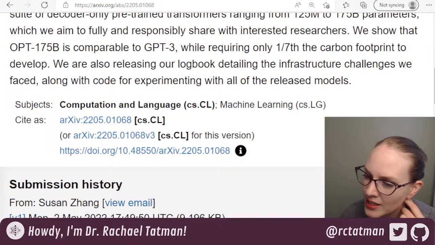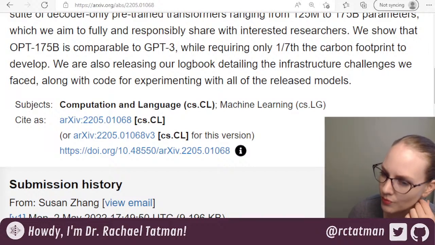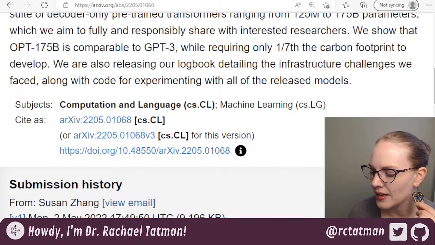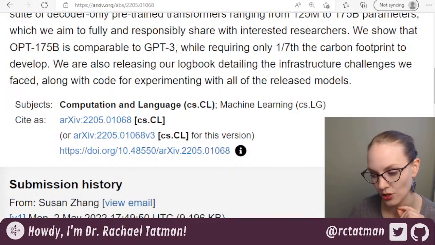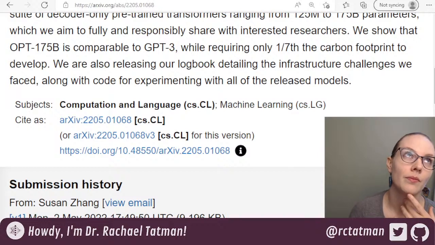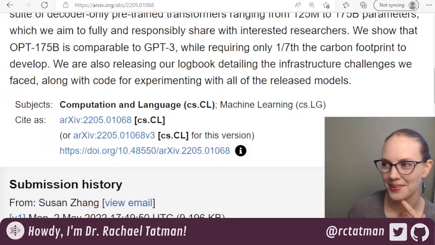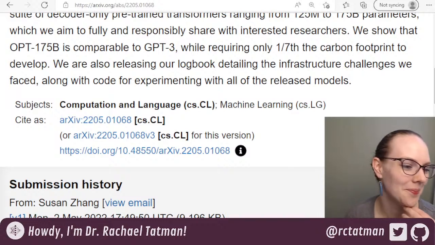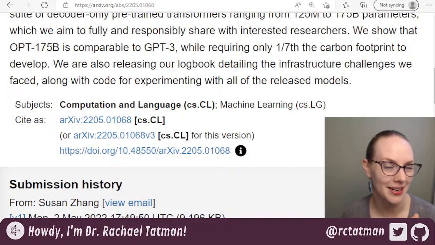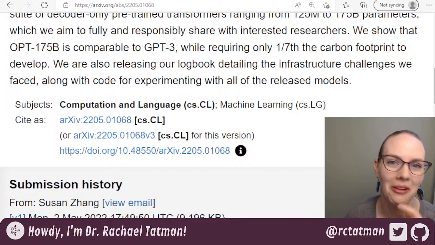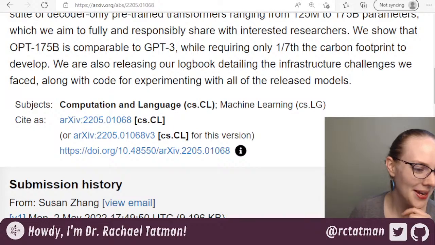Sonam says, besides the training time and carbon footprint reduction, OPT is simply a replica of GPT-3, right? I don't know that they had exactly the same training data because I don't know that information about the actual training data for GPT-3 is available. Most of it is publicly available data, but some of it, I think parts of the open book corpus, are not easily findable, and perhaps, so I don't know that all the data for GPT-3 is actually available to use if you wanted to follow the data licenses. Let me put it that way.